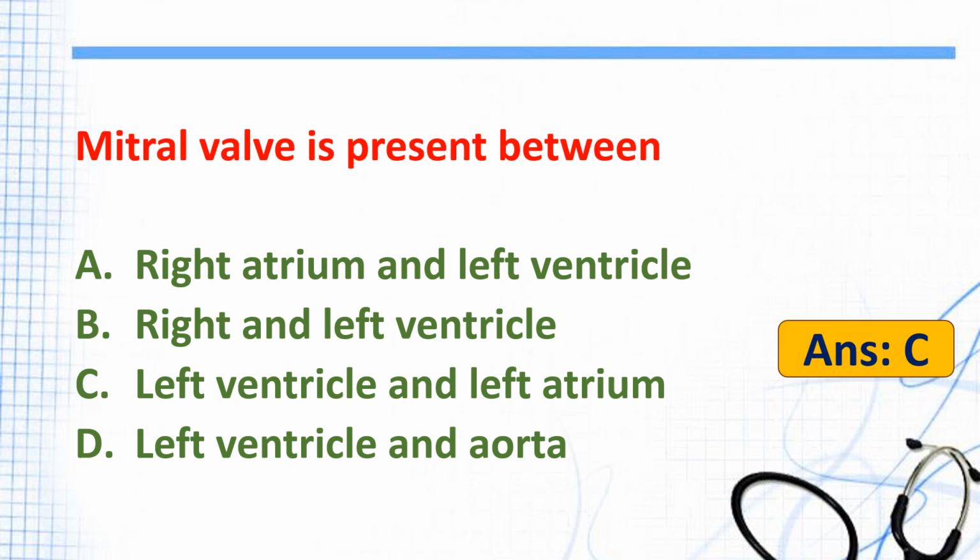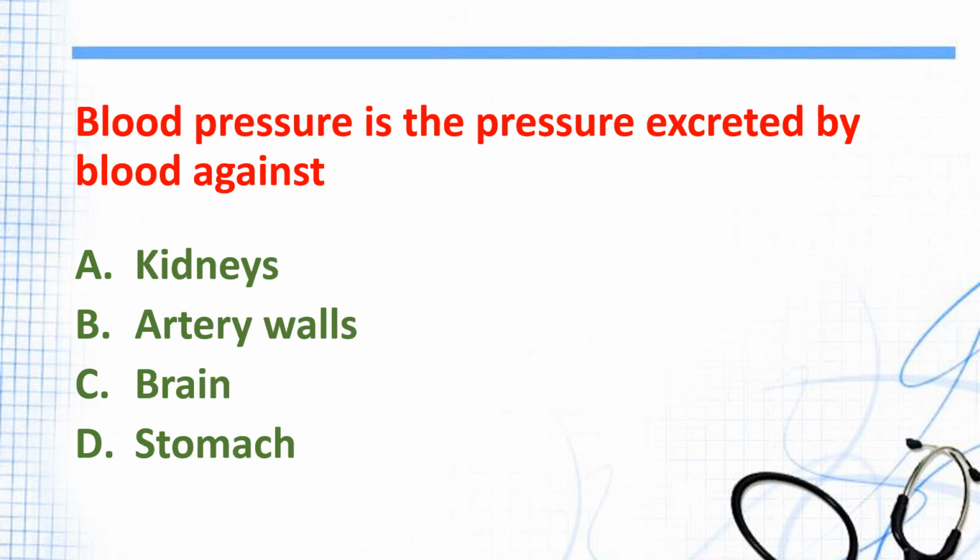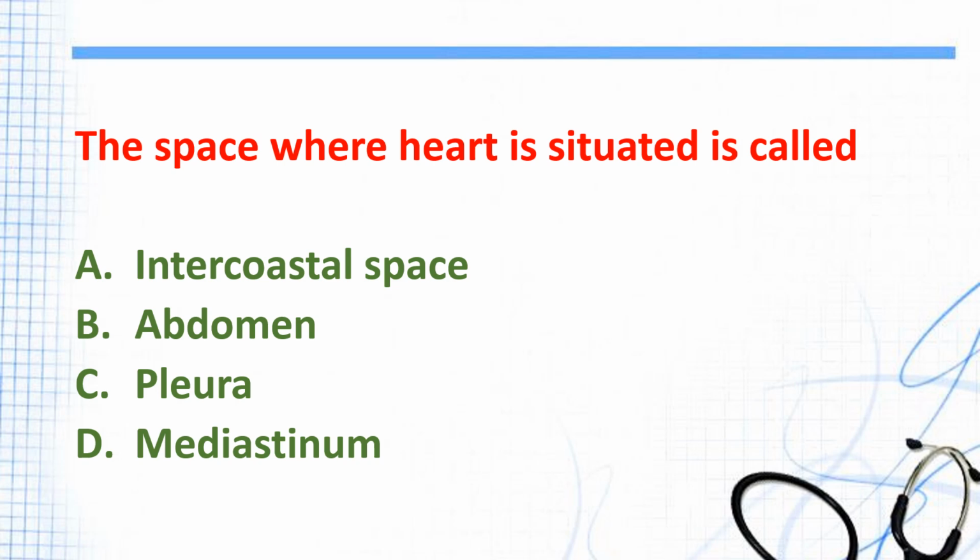C. Left ventricle and left atrium. Blood pressure is the pressure exerted by blood against A. Kidneys, B. Artery wall, C. Brain, D. Stomach. And the answer is B. Artery walls. The space where heart is situated is called A. Intercostal space, B. Abdomen, C. Pleura, D. Mediastinum. And the answer is